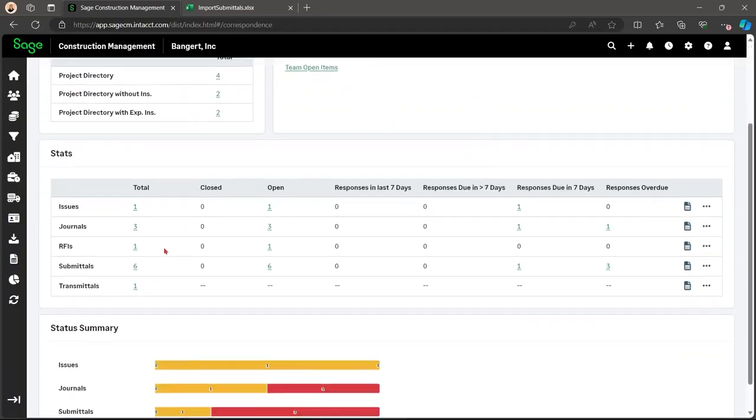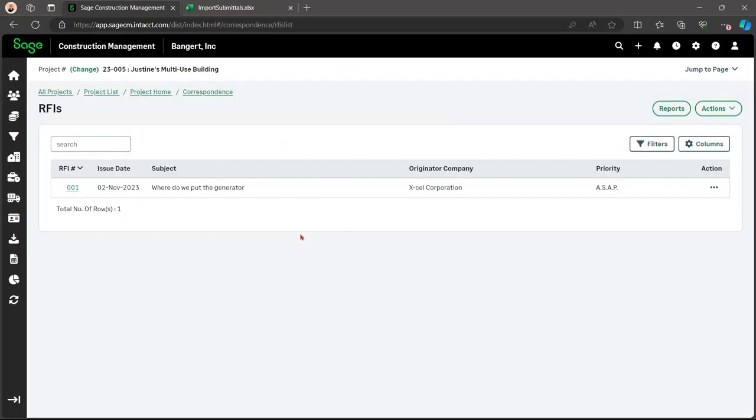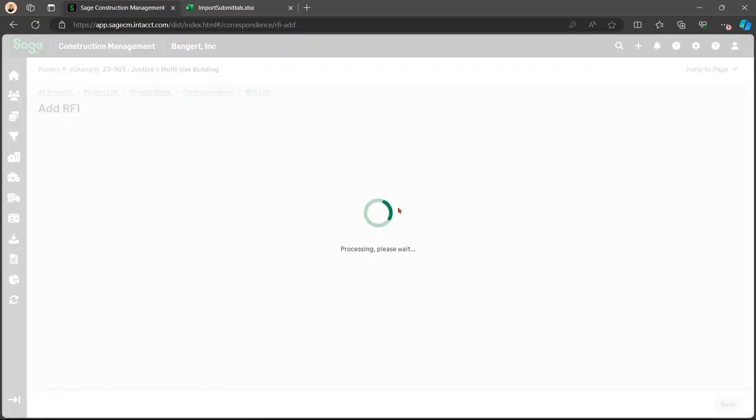Next in correspondence is RFIs. So firms can use the RFI feature to document questions and responses from the project team members. Please check your project directory and feature settings before creating an RFI. Go to Actions, Add Manually.